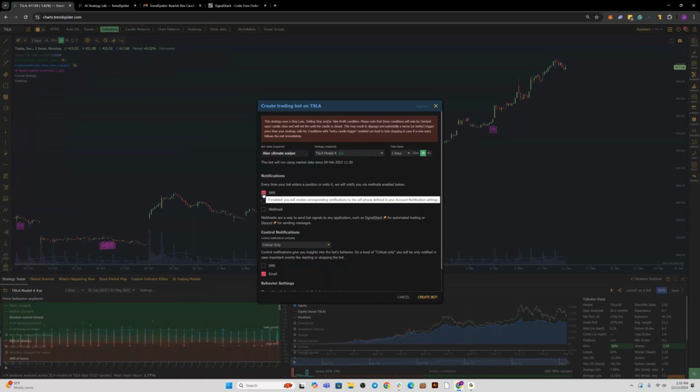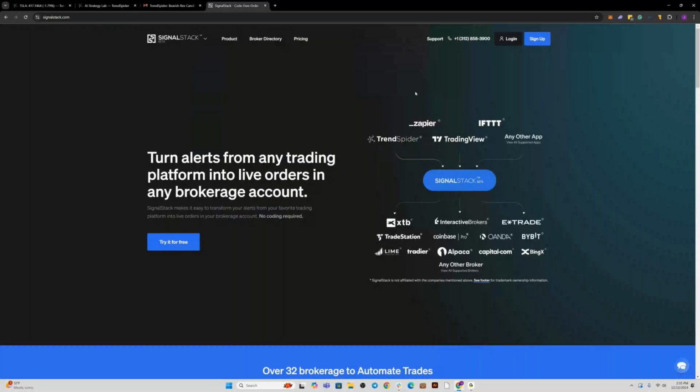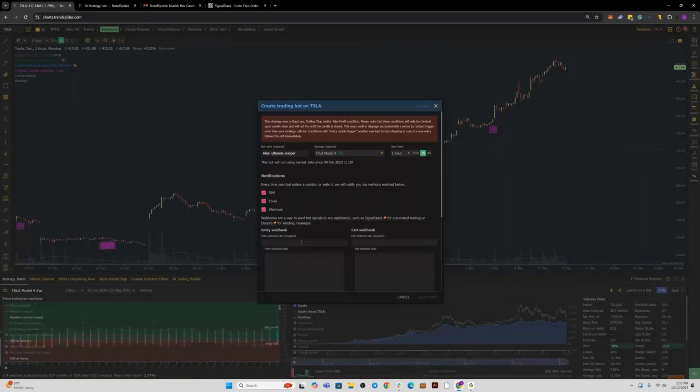So the entry and exit signals from the model can be texted to you so that you can almost do some forward testing. You could just visually know and get a message from us that says, hey, the model just hit a signal. You can get those alerts sent to your email, or you can webhook them. That's what Signal Stack does, right? It links your brokerage to a TrendSpider account via a webhook. And so, yeah, if I wanted to, I could start forward testing this model in a paper trading account. I could take this model live if I wanted to as well.